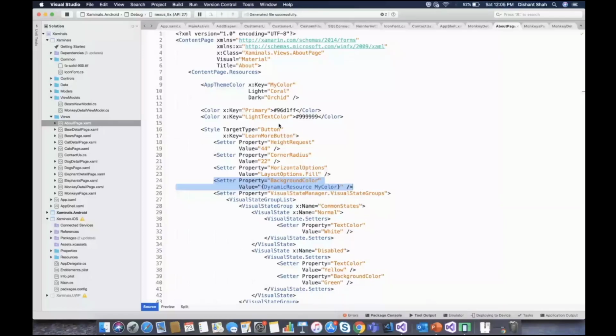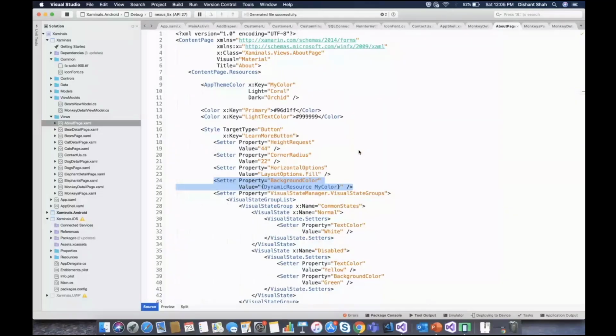By default, as I am running the older version of Android, with API 28, it will only take the light color, which is coral. But if you are using the latest API 29 plus and Android 10 plus or iOS 13 plus, then if your application or OS theme is light, it will take the coral color. But if you switch the theme to dark theme, then it will automatically switch your background color to orchid.